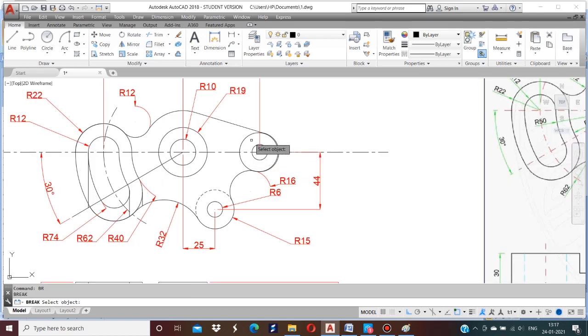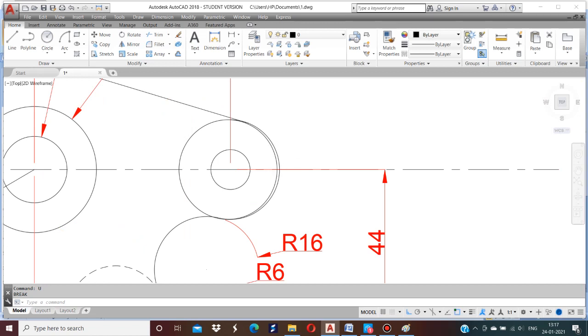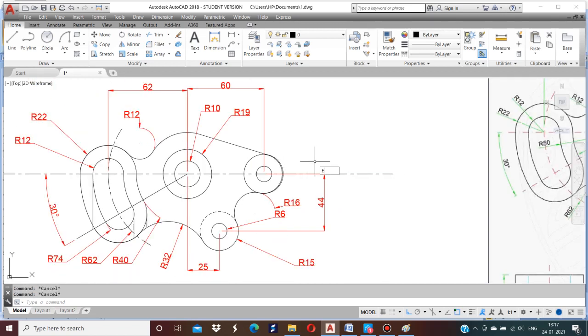Now go for break, select object from here to here. Using break command, select object. Already break.